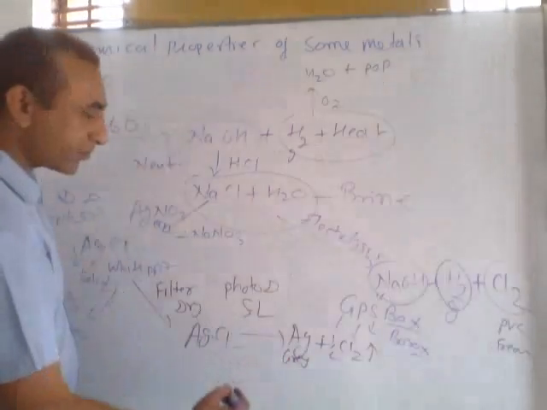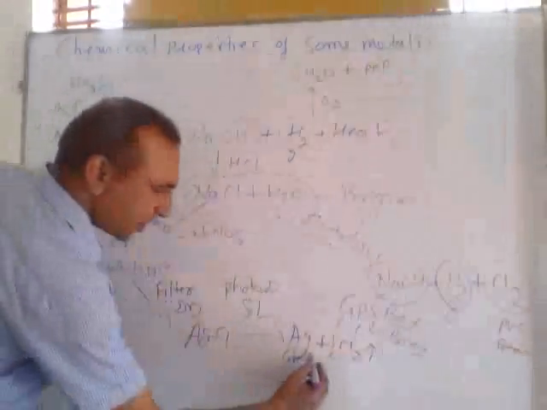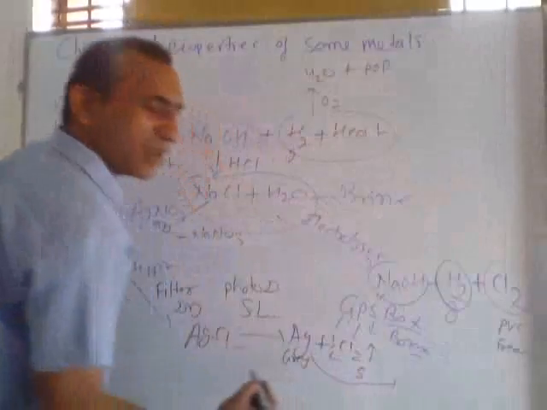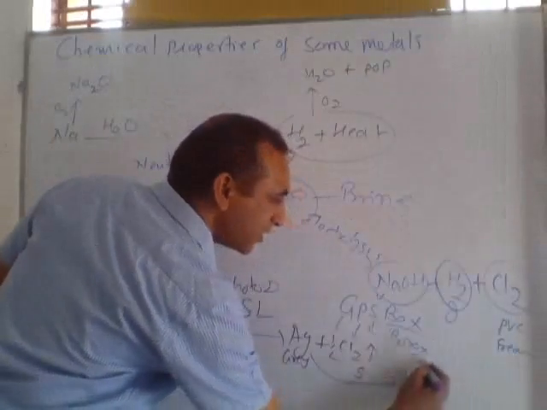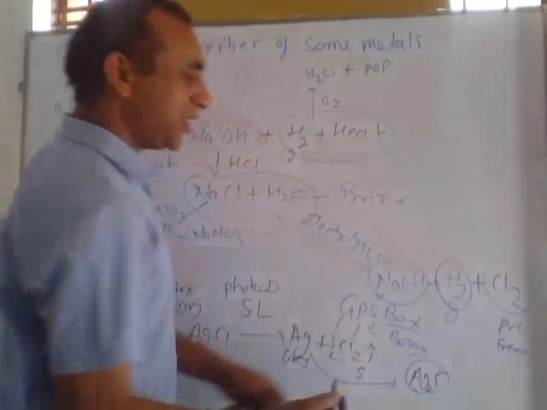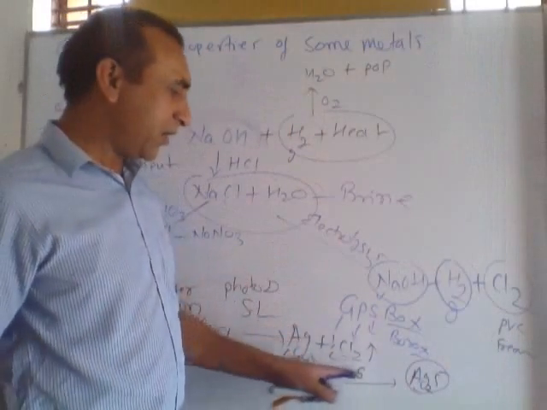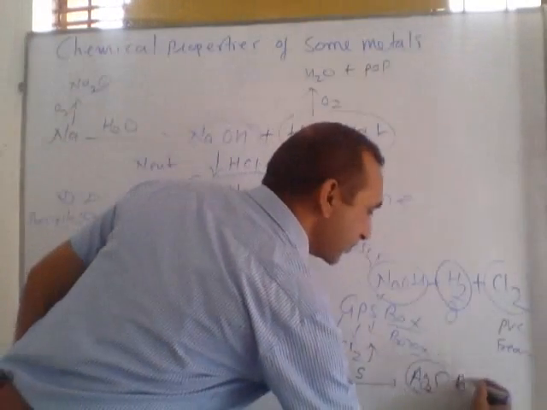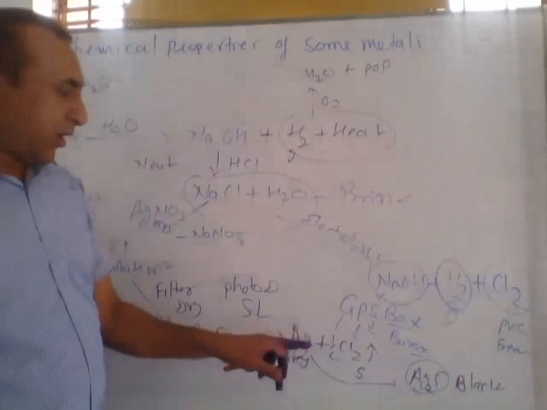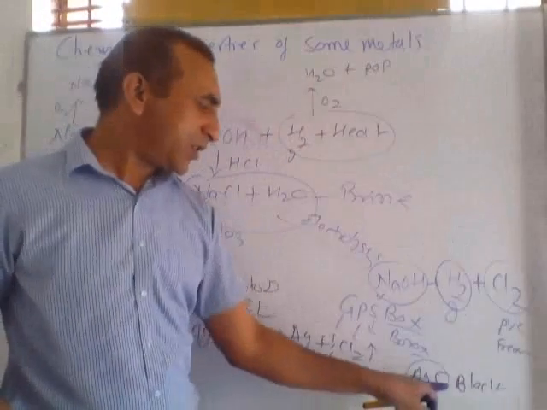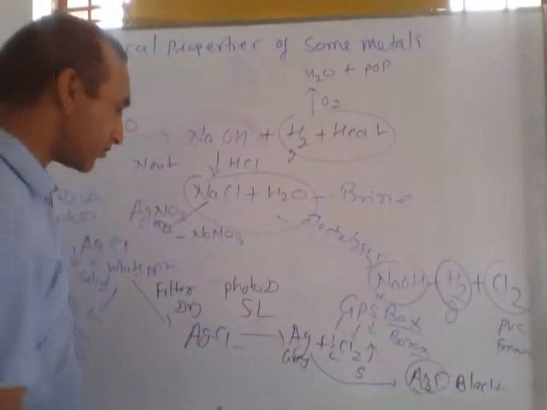This silver metal, if kept in air, easily reacts with sulfur present in the atmosphere and forms Ag2S. The valency of sulfur is 2, so Ag2S. This Ag2S, silver sulfide, forms as a coating on the surface of silver. This compound is a black colored compound. So after some time the ornament of silver becomes black due to the formation of a silver sulfide layer on the surface of silver. This process is called corrosion.